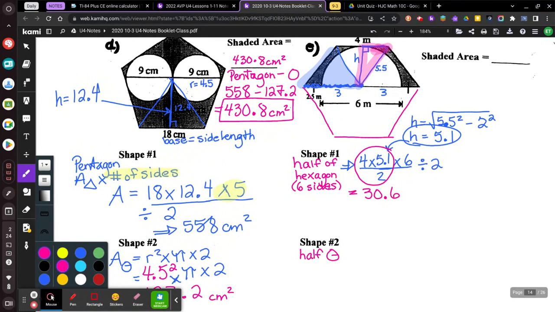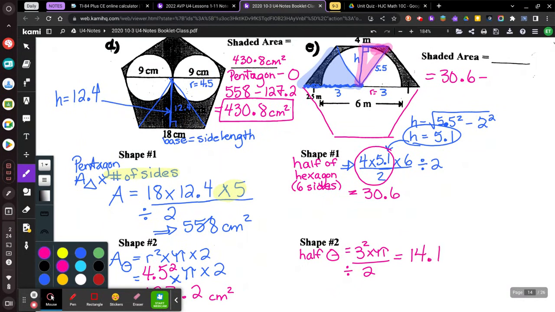Okay, so the first one we know is our hexagon. So here we're going to have 30.6 subtract our circle. So now we got to find that half circle. The radius is 3. So we're going to go r squared, 3 squared times pi, and then it's only half, so we're going to divide it by 2. Okay, so 3 squared times pi, divide it by 2. We're going to get